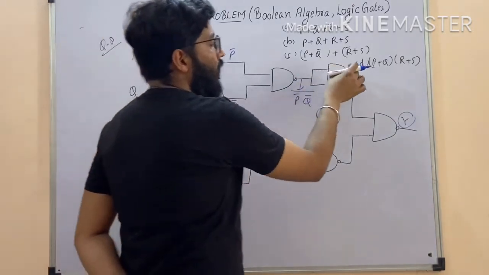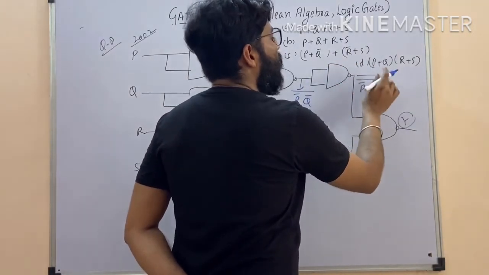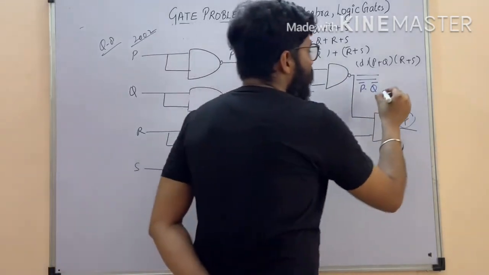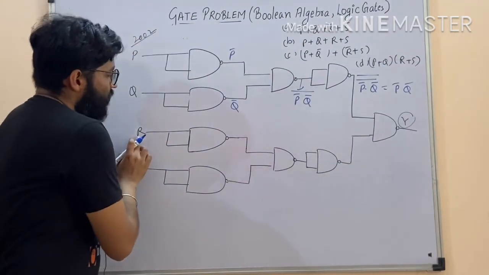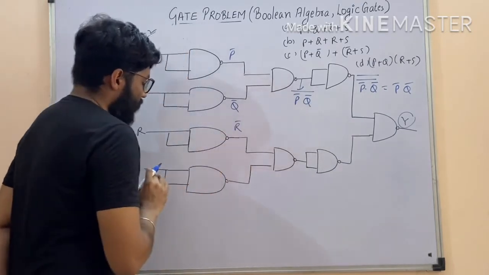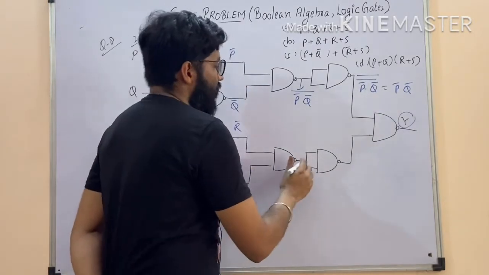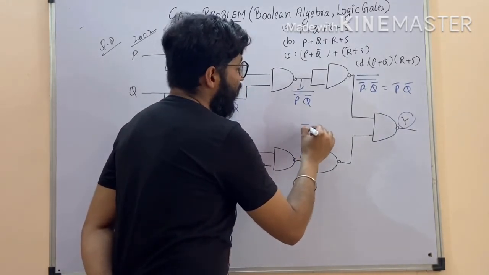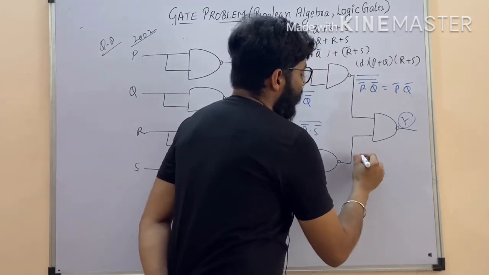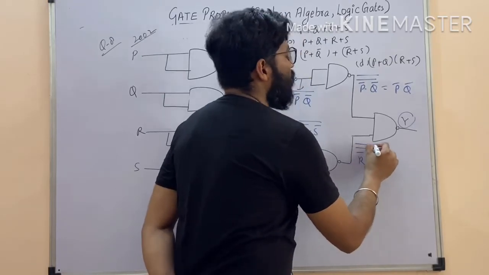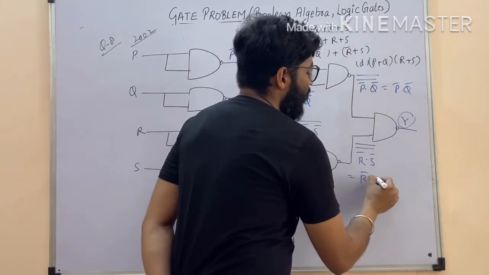Okay. After that we have another NAND gate. We will get (P complement Q complement) to the whole complement. Then complement get cancelled out. We will get P complement and Q complement only. Okay. Now similarly see, this R is applied to the NAND gate, we will get R complement. This S is applied to the NAND gate, we will get S complement. Now this R complement and S complement is applied to the NAND gate, we will get (R complement S complement) to the whole complement. Now again NAND gate is applied, we will get (R complement S complement) to the complement. Now complement and complement get cancel out, we will get R and S complement.